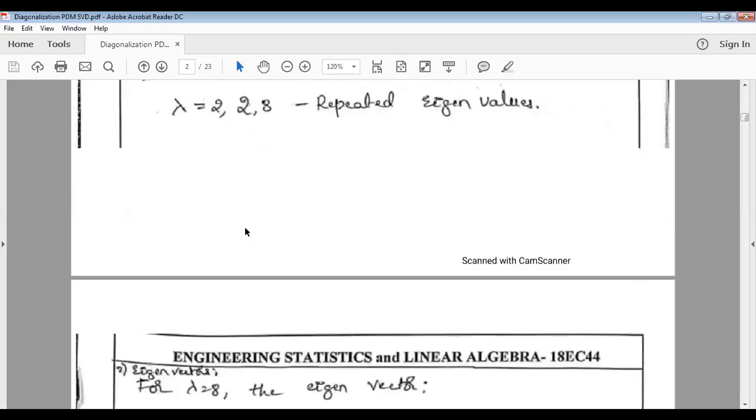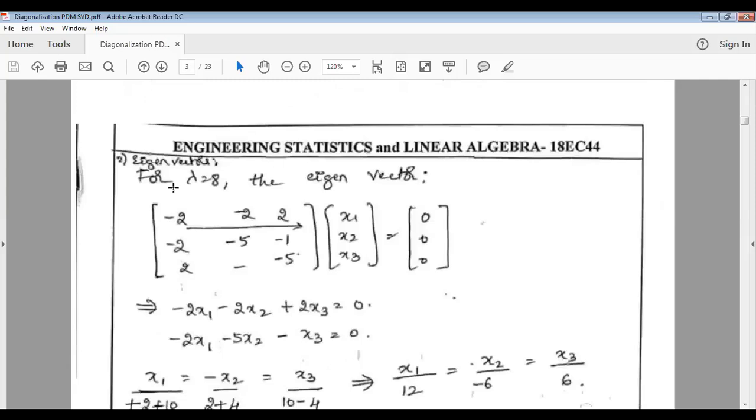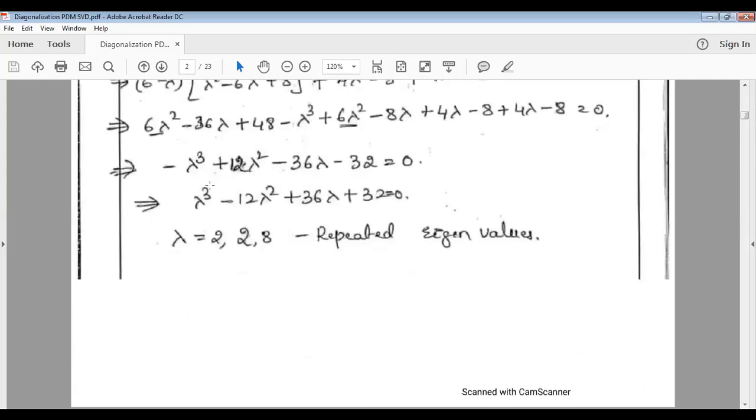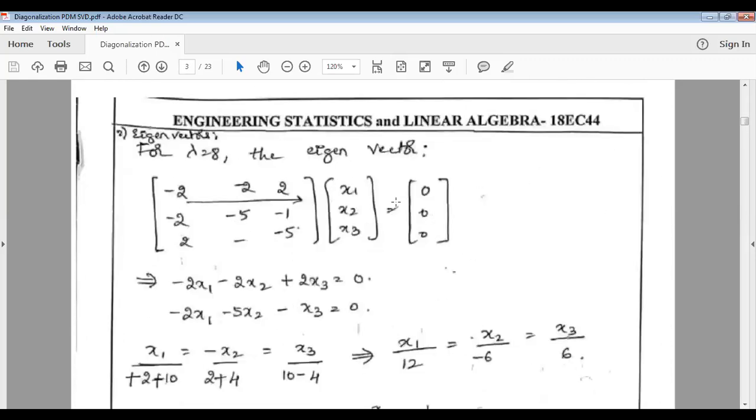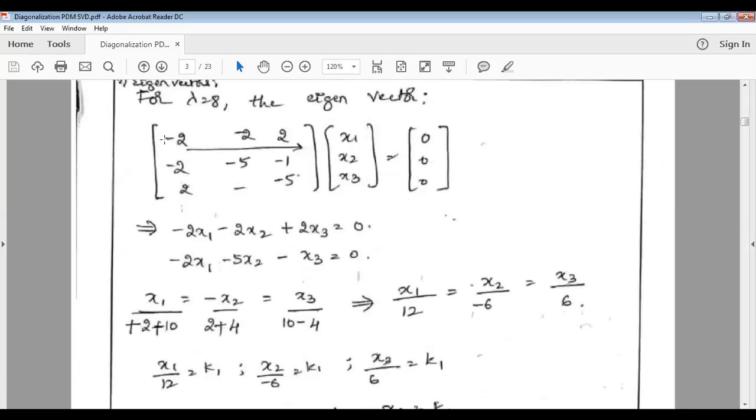Okay. So now we'll find the eigenvectors for each value. We first consider lambda equal to 8, and in the matrix A minus lambda I, we substitute A minus 8I. So all these values will become 6 minus 8, 3 minus 8, 3 minus 8. So the matrix that you end up with is this matrix on the left hand side, and we know that